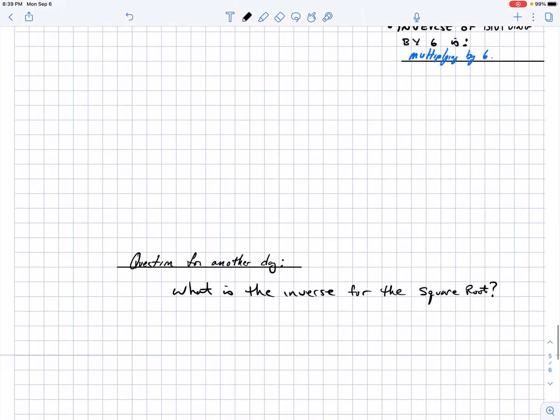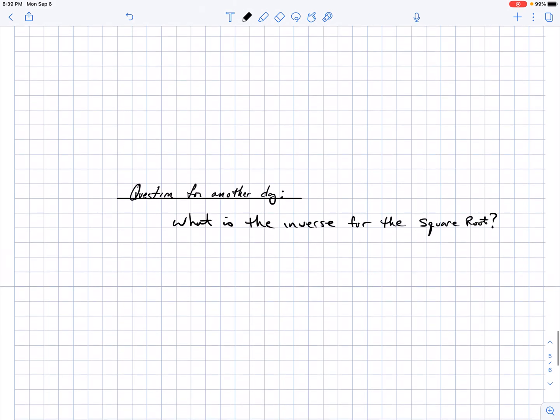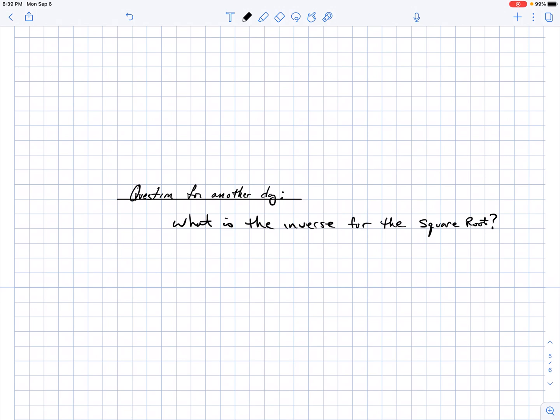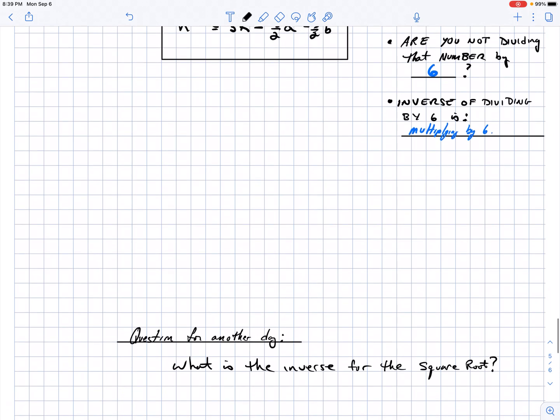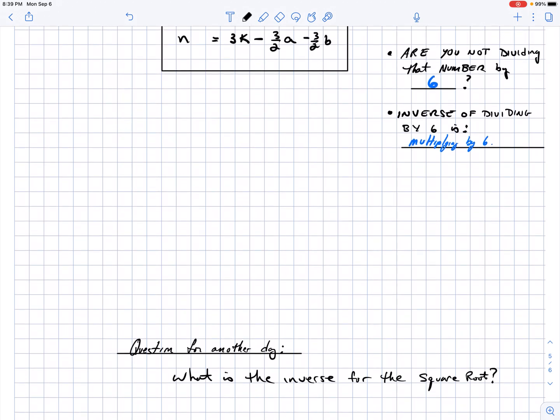Okay. The last thing I'm going to say is the question for another day: what is the inverse for the square root? And hopefully by that, we'll leave it there. Hopefully this helps, and good luck on your